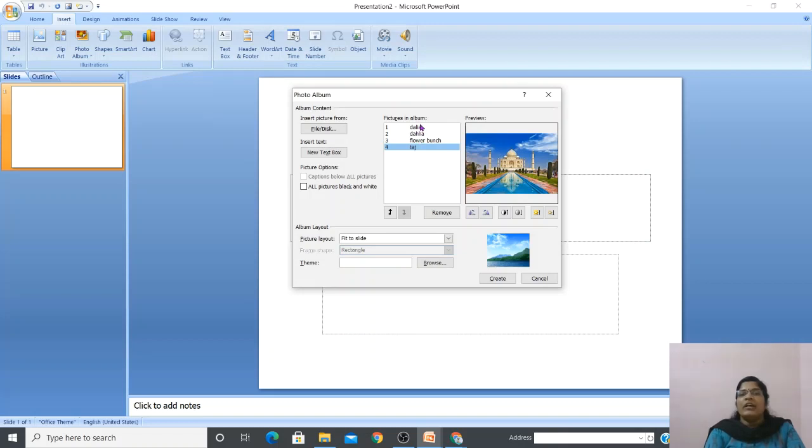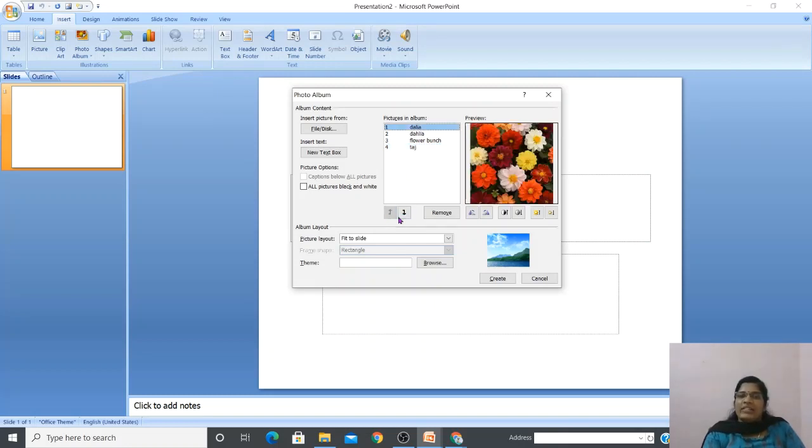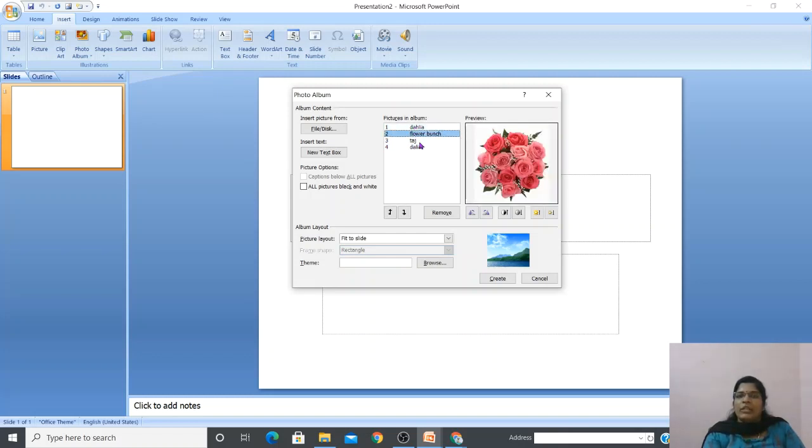Got it? And here, see the first one. This is the second one. This is the third one. This is the fourth one. And if you want to change the order of these pictures, you can select the picture and down you can see the arrow marks. Click on the arrow mark here, here, here. So this dahlia flower comes last. So here first picture, second picture, Taj Mahal. If you want to make the Taj Mahal the first picture, select the picture, then using the up arrow move it. Do you see the changes? Yes. This is the way we add pictures and move their places.